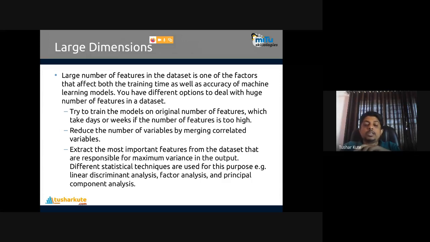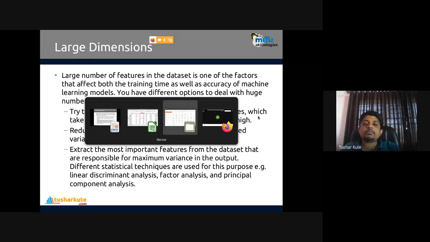Different statistical techniques are used for this purpose, to extract the data which has the highest amount of variance in it. These are linear discriminant analysis (LDA), factor analysis, and principal component analysis. These three methods are used for that particular operation. Remember.